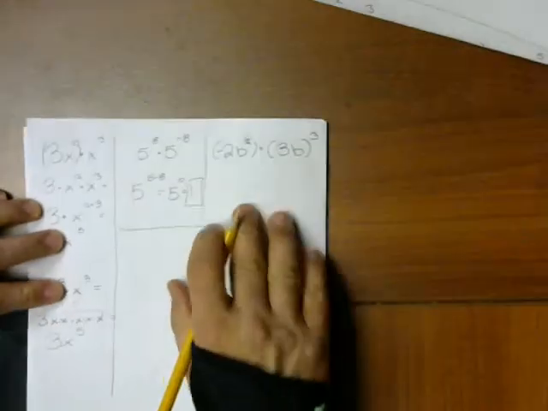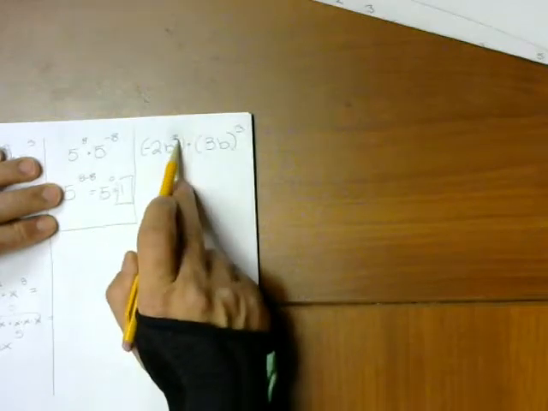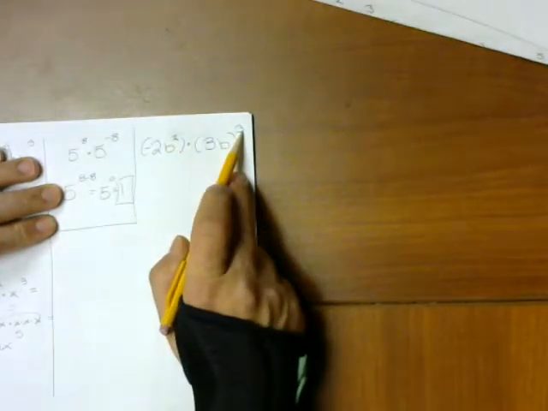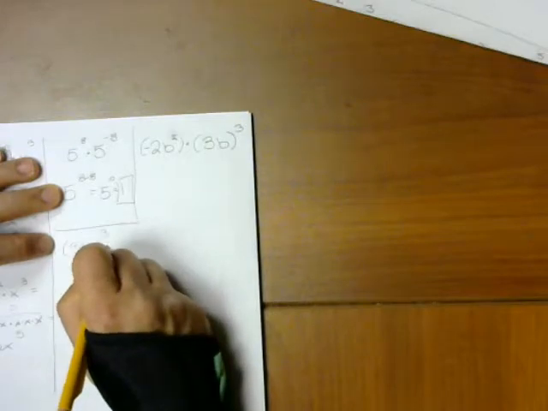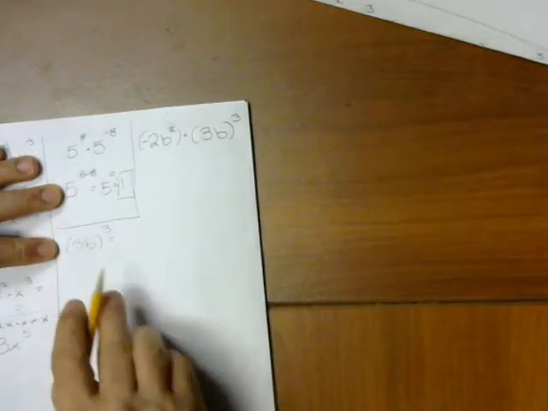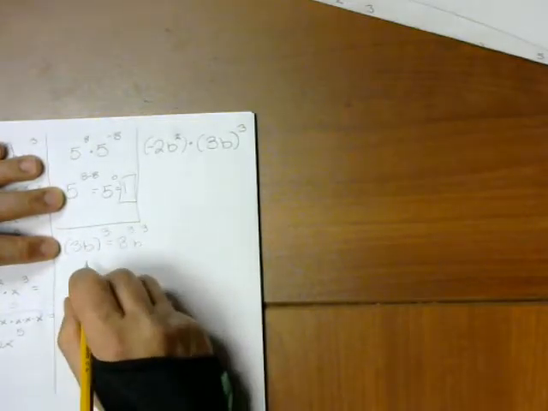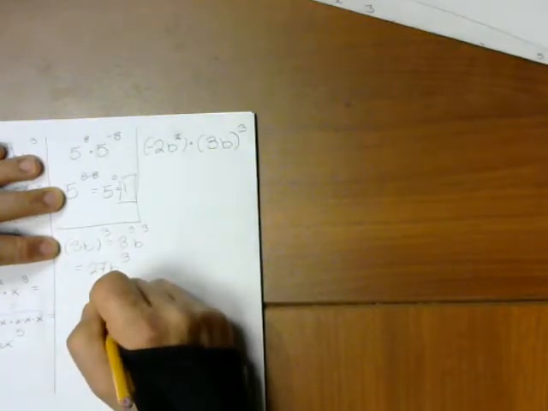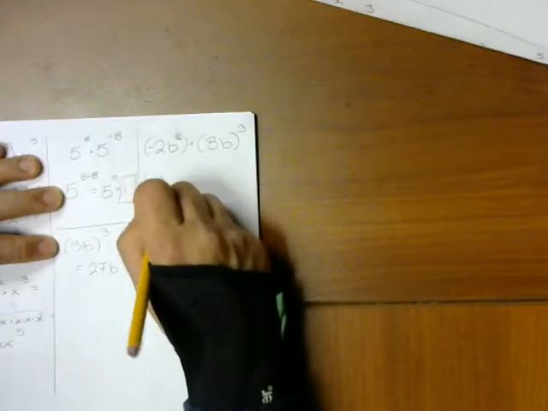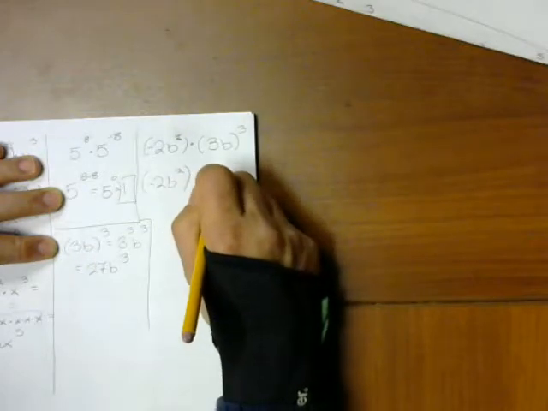Very simple problem. And what do I have over here? Well, this one's going to be a little tricky, because this 2 is inside this parentheses, and this 3 is outside this parentheses. So I have to be very careful here. So let's think for a second. 3b cubed is what? Well, 3b cubed is going to be 3 cubed, b cubed, which is 3 times 3 times 3, 27b cubed. So what we really have here is negative 2b squared times 27b